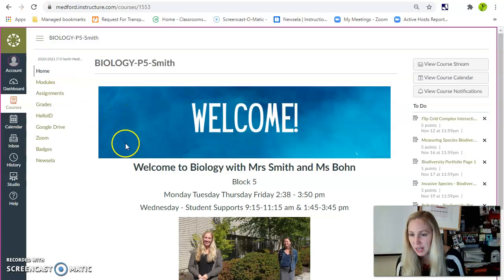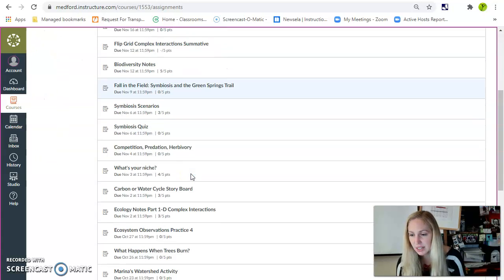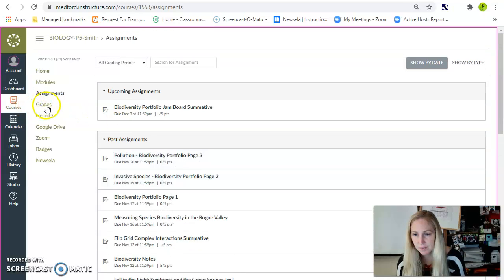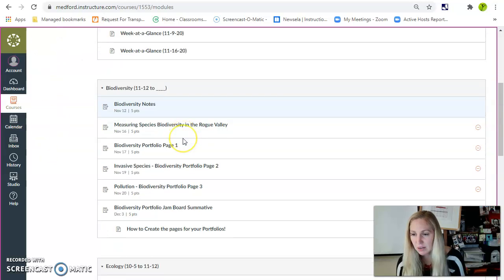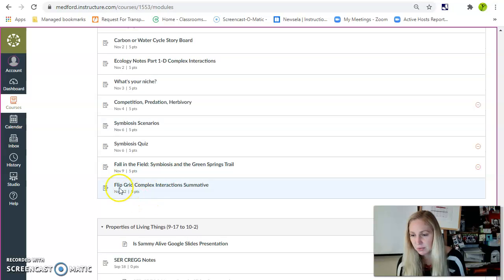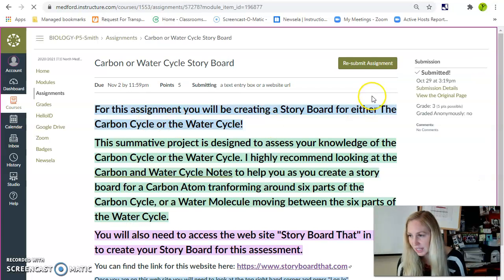So in your Canvas, if you go to your assignments, the carbon and water cycle storyboard is in your ecology module. It's kind of in the middle. So you click here so that way you can turn your link in. Okay. Now you need to go to